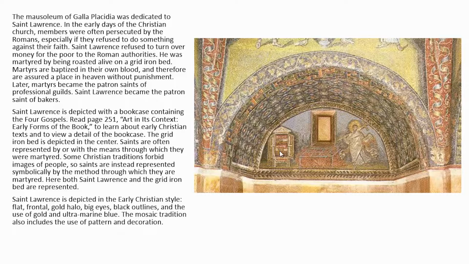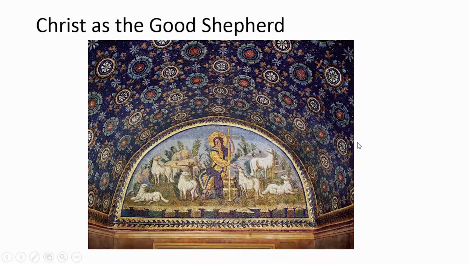And if you notice, this is a hallmark of the early Christian style, these very bold outlines. And he does have very big eyes and very frontal expression. You can sort of see that style better in this one. St. Lawrence is done in the same style as this. Now, this image is a quintessential image from early Christian art, and one of the last ones I want to